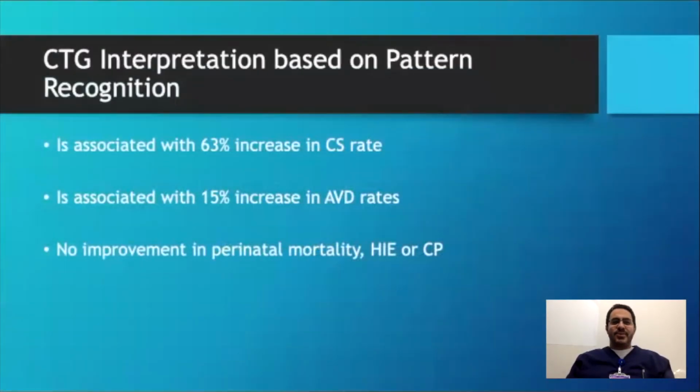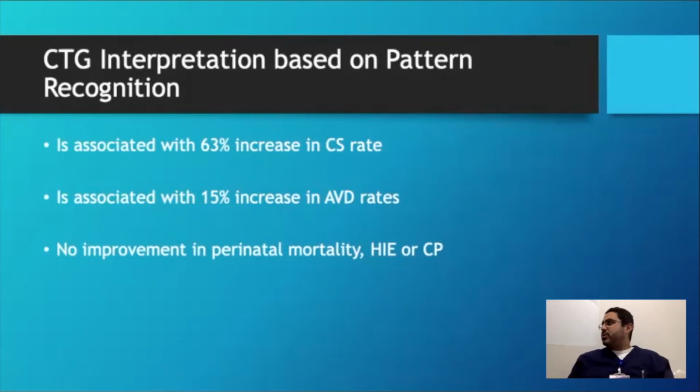So, why do we need adjunctive techniques? Why do we need any additional tests? We're happy with physiology. We're happy that we can figure out what the baby's up to. We're happy that we can figure out the baby's well-being. Why are we asking for additional tests? So all the information, all the tests that we've had